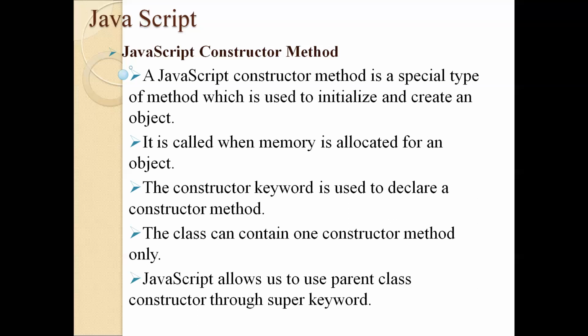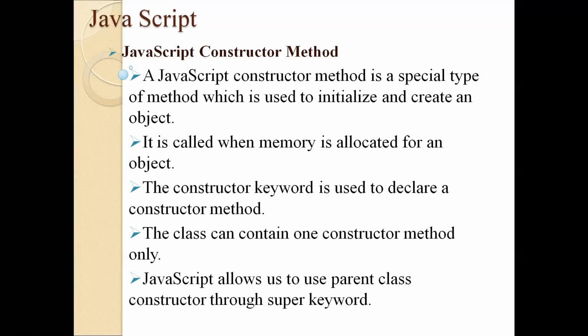The same thing here: if we define two or more classes under an inheritance relation, JavaScript allows the child class to access the parent class constructor by using the super keyword. The same happens in Java also. By using the super keyword, we are able to access the constructor of the superclass. But if you want to use the super keyword inside a constructor, it should be the first statement. We cannot use it as the second, third, or nth statement inside a constructor.